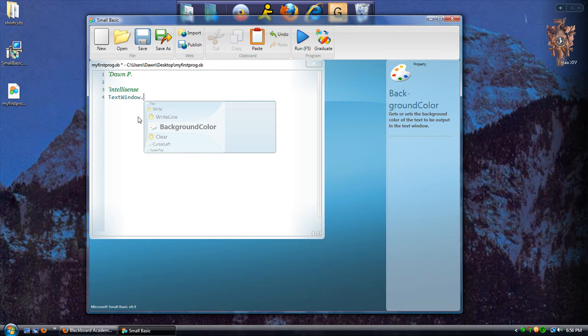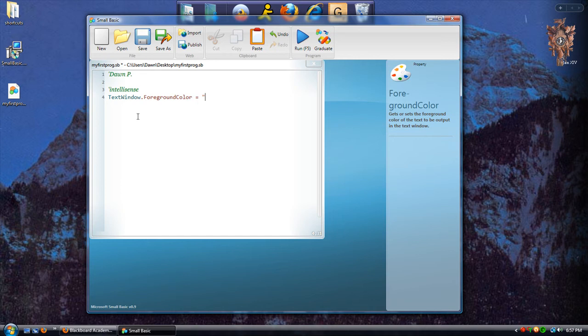So I could type FOR and it'll find it in the IntelliSense. So you're going to do some typing and some arrowing through and selecting. I'm going to press enter and use my IntelliSense to select the foreground color. And why am I making such a big deal about this? Because ultimately the IntelliSense will allow you to code faster, even though it won't feel like it at first because it's awkward. It'll allow you to code faster and make fewer mistakes, because the less you're typing, the fewer typos